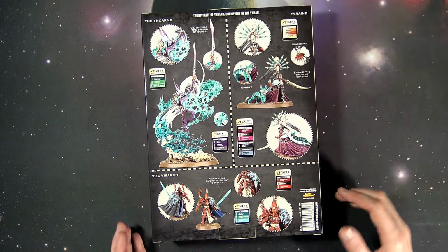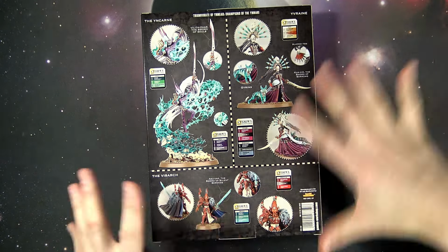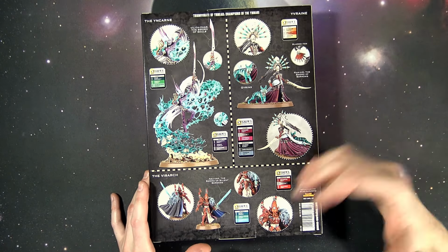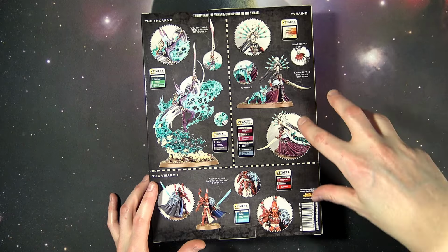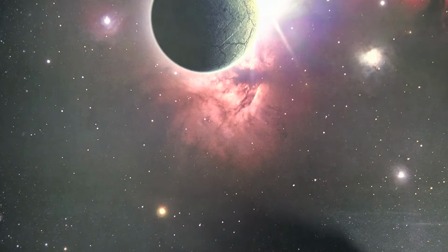Now these are crazy models. I mean, I was looking at the sprues and the graphics and the instructions and how it's all laid out. It's just crazy. Obviously very well put together, very well thought out as far as the models themselves, because you can't see mold lines and things. And after assembling the Lord of Change last week and putting that thing together,